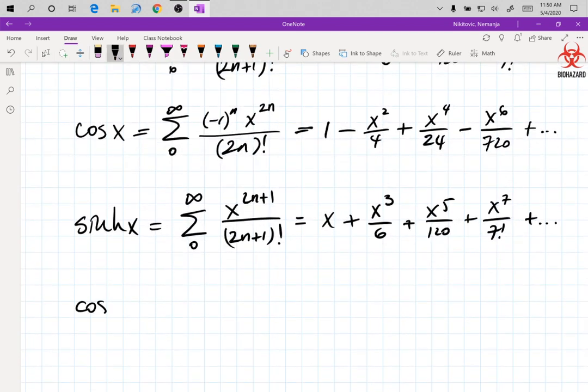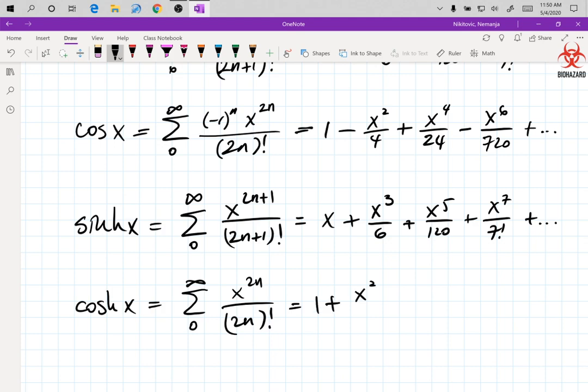And cosine hyperbolic x is the same as cosine x without alternation. So we just have x to the 2n divided by 2n factorial, and that gives us 1 plus x squared over 2. It's a 2 factorial, and 2 times 1 is 2. And then we go plus x to the 4 over 24 plus x to the 6 over 720